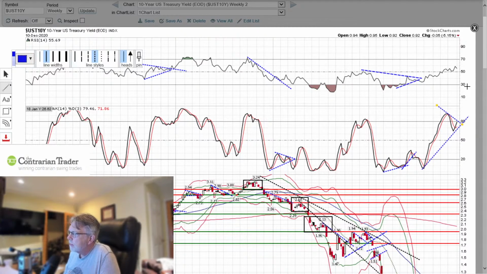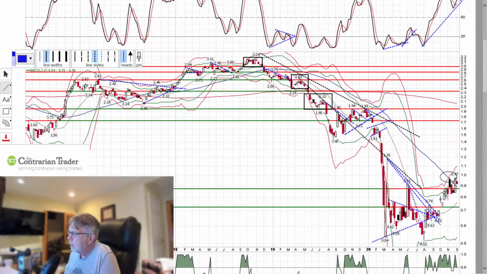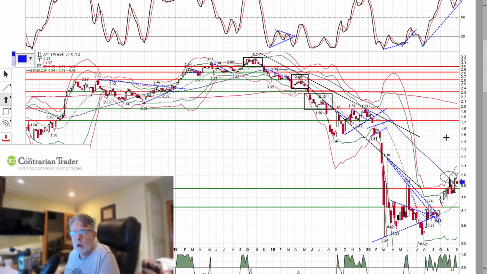Higher lows, threatening to break out on stochastics. RSI, we're already there. Higher highs, higher lows. The only problem is that we are not seeing price follow through. We may get it tomorrow. It'll be a big move to overcome the highs of the week, but it can happen. Or we trade sideways and then resume the uptrend next week.